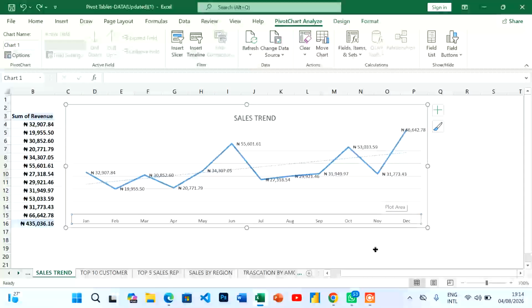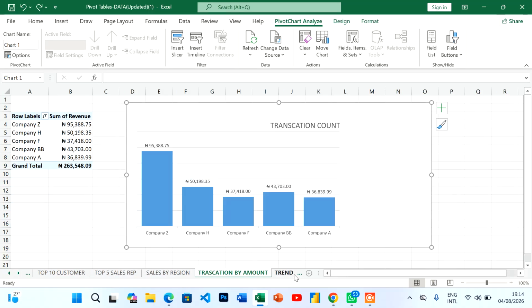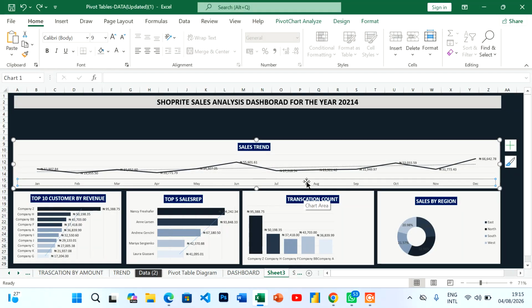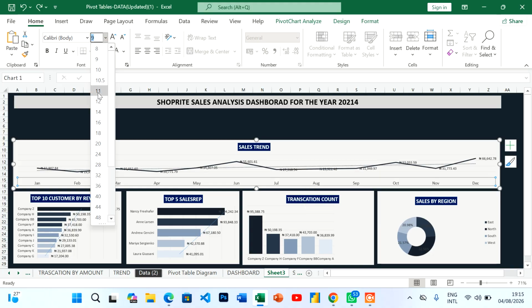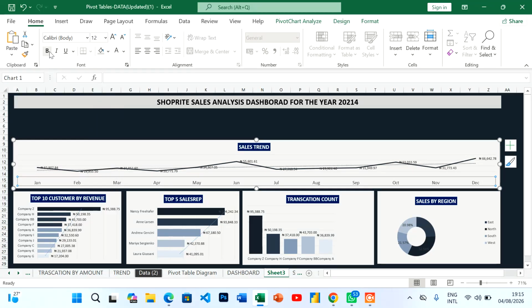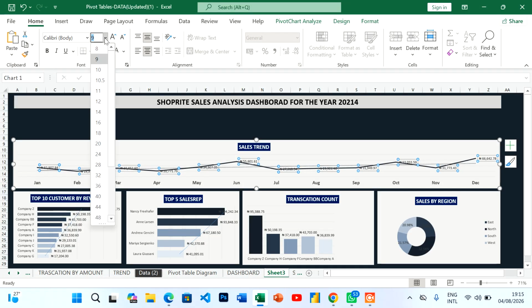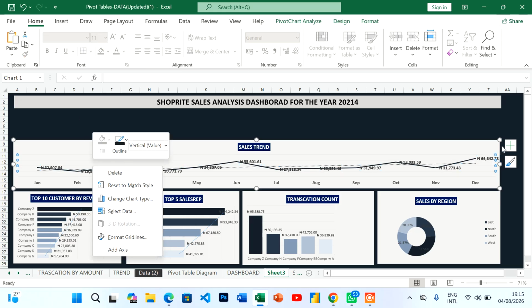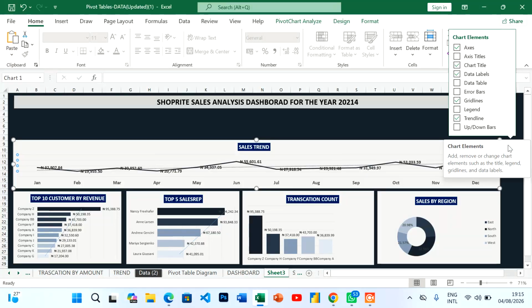Sorry, we want to increase this. Let's give it 11, a 12, and let's bold it. And also this, we can just give it 11 and bold it. Now I think we can, let's try to check where we can